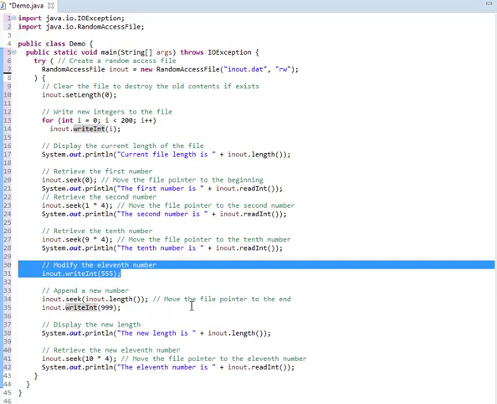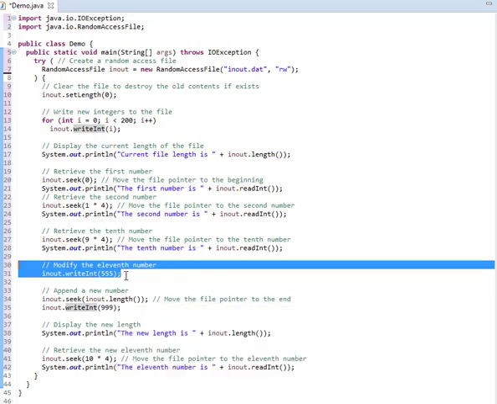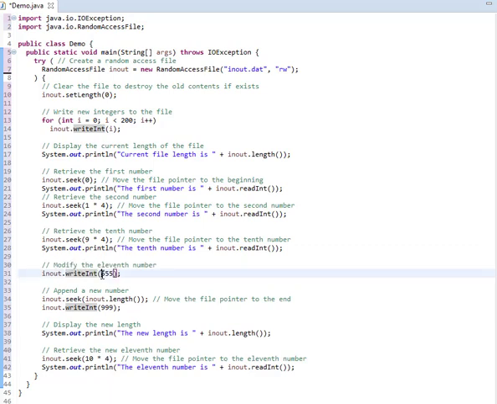And now we don't get a chance to actually see its value, but trust me, if you did seek back to that same position and read, you would see that the old integer has been replaced indeed with the number 555. And then we do something interesting. We seek out to the very end of the file. How do we do that? By doing a seek of